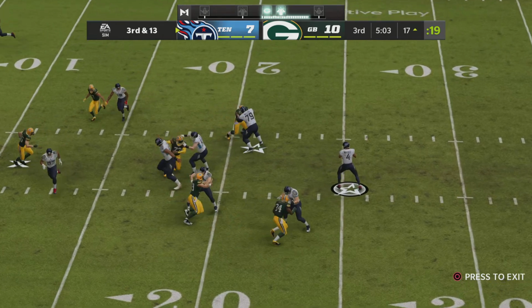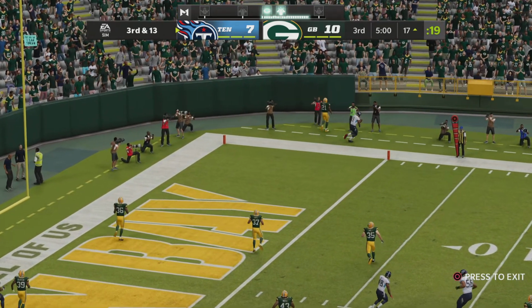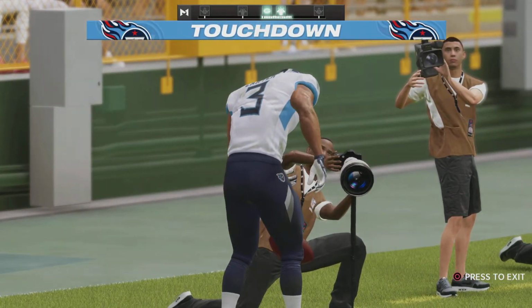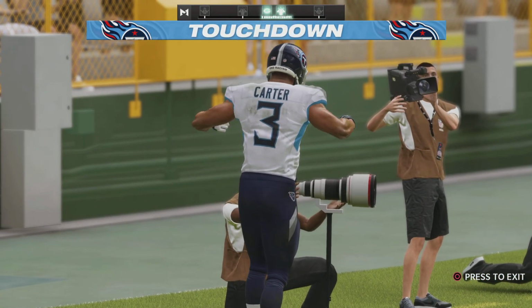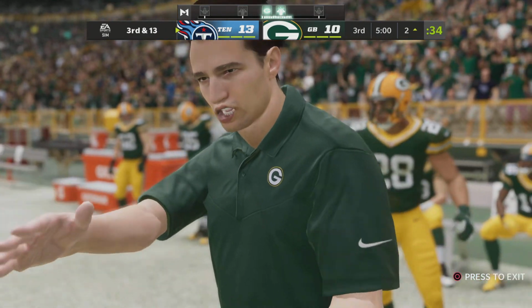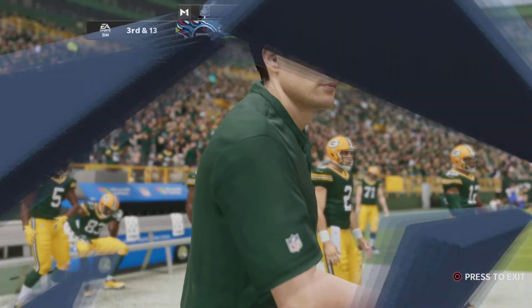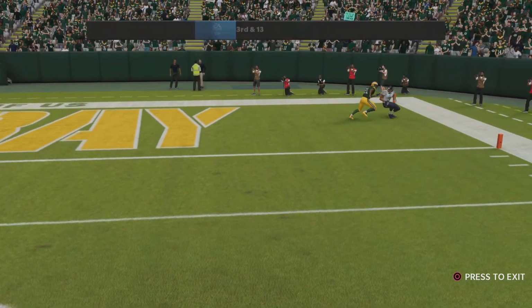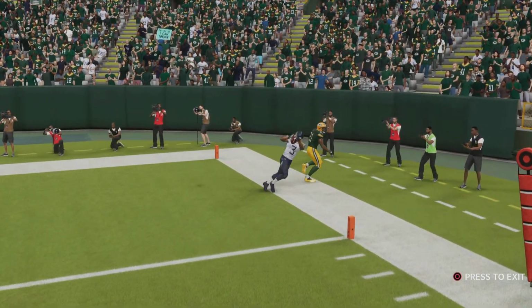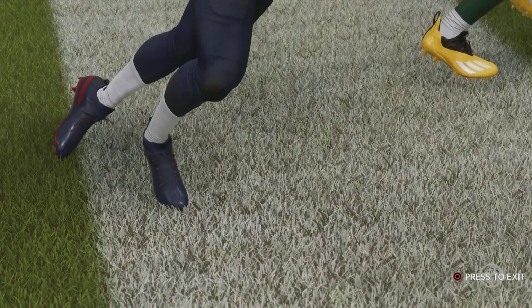Now on 3rd and long, they'll look to throw. And it's caught in the end zone. Touchdown, Tennessee. A great effort there. His 2nd touchdown on the season. And the Titans are going to retake the lead. Good start to the season for him. He had the touchdown last week in the opener and a 2nd one in week 2 now. How about the pace he's already established, right? Not sure he can keep it up for an entire...